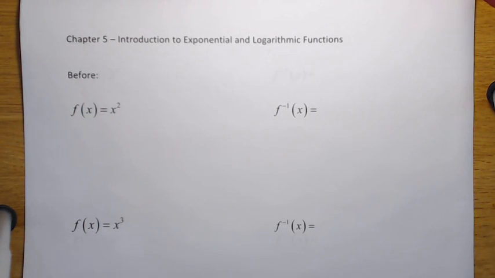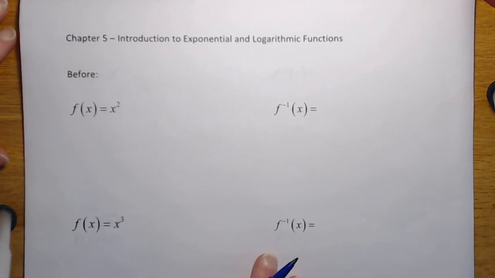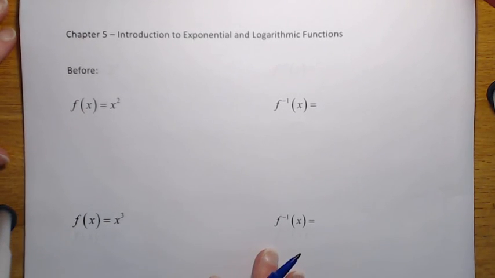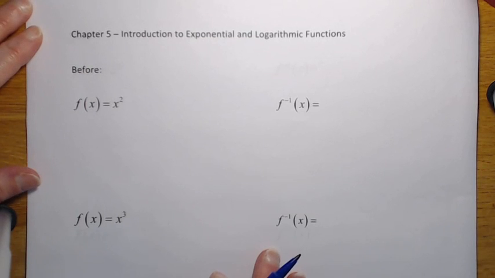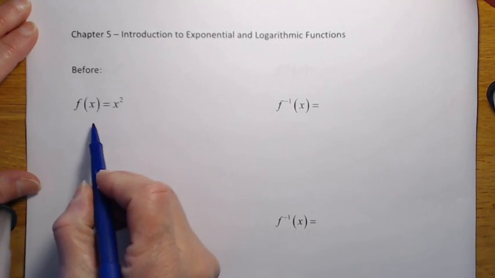Okay, so just a quick introduction to exponentials and logarithmic functions. And I'm going to start by just talking about a couple of old familiar functions that will hopefully help you make the connection with exponentials and logarithmic. Okay. So the first one I'm looking at is f of x equal to x squared, a very old familiar